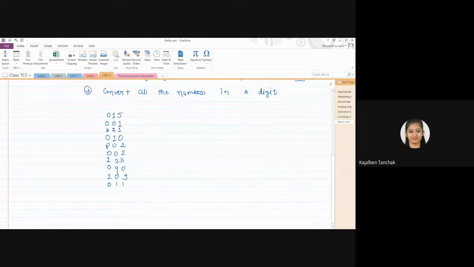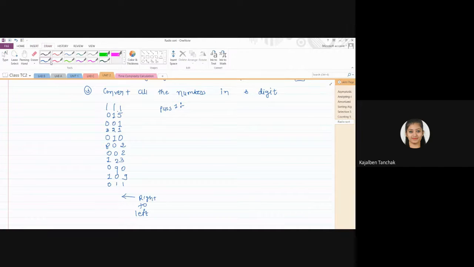Okay, so how are we going to move? We are going to move from right to left. First we will take the ones place, then the tens place, and then the hundreds place, right? So in pass one, what you will do is take this number and perform the sorting over it. Now tell me which number is there. You have to take the entire number. You cannot take only 0.